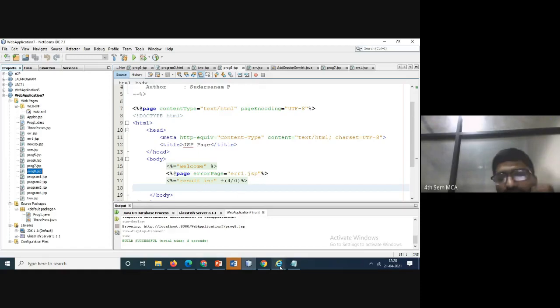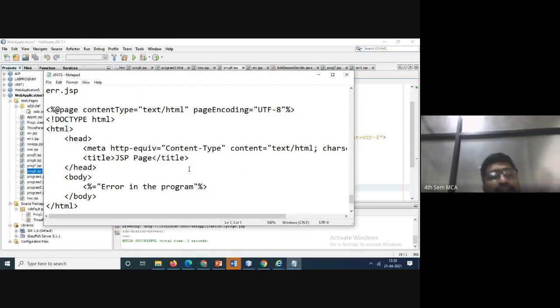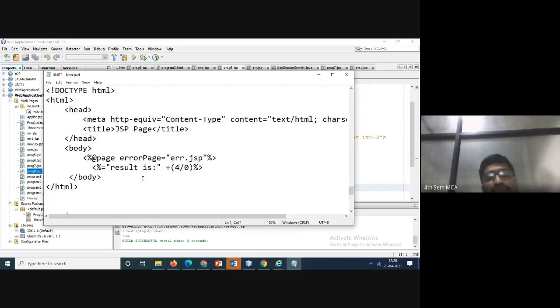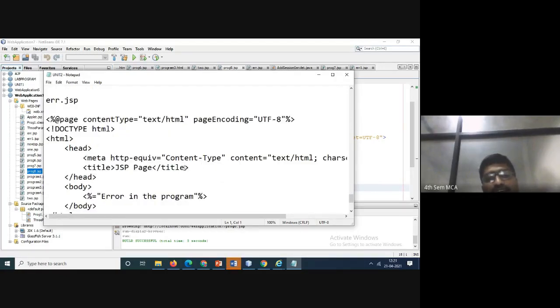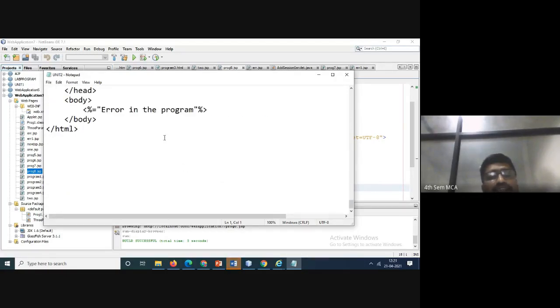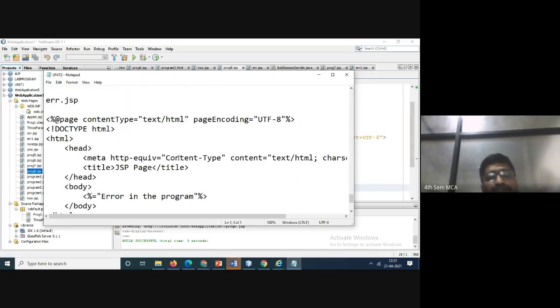Okay. So like this I have copied it. Is it okay for you? You can copy it now or at later stages. I'll send it. Error messages: 4 divided by 0, error display, and error display I have entered it here. See here. Error is nothing but the error in the page. So error page, this is what I have written.